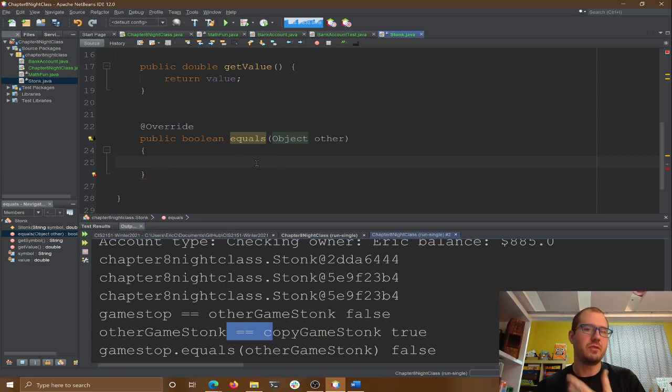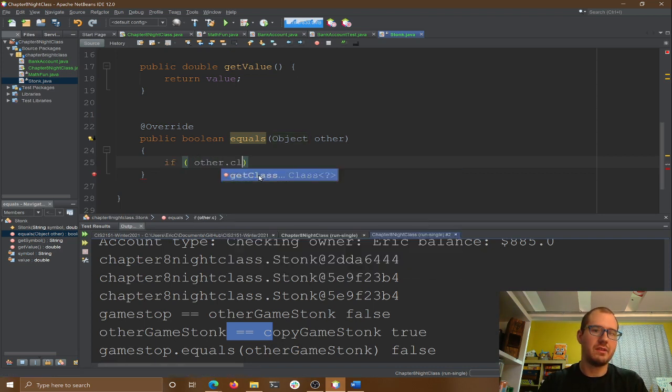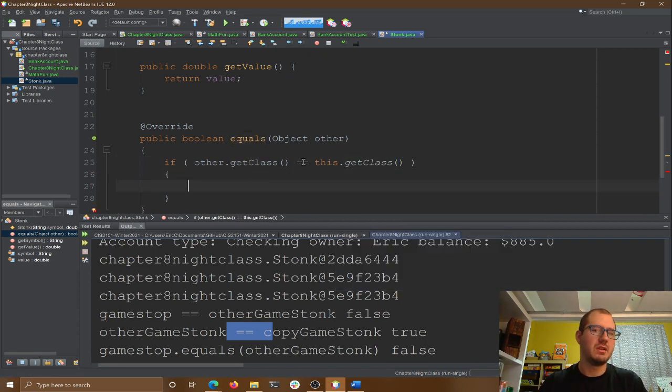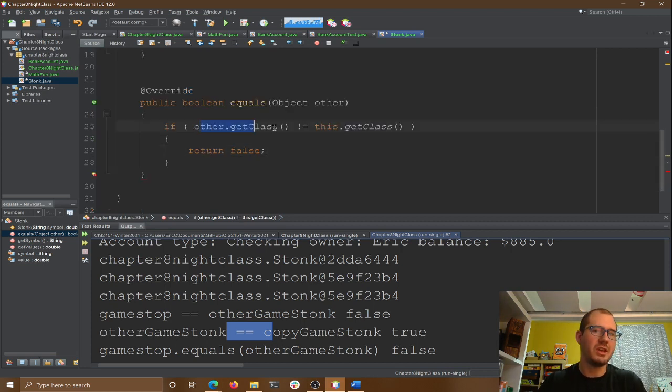So the first thing we need to do is check, hey, is it actually my type of object? We're going to check if the other dot getClass equals this dot getClass. We can compare them. Or if it doesn't equal, we should just return false. If we're not the same type here, no good. Obviously, we can't be equal. Otherwise,